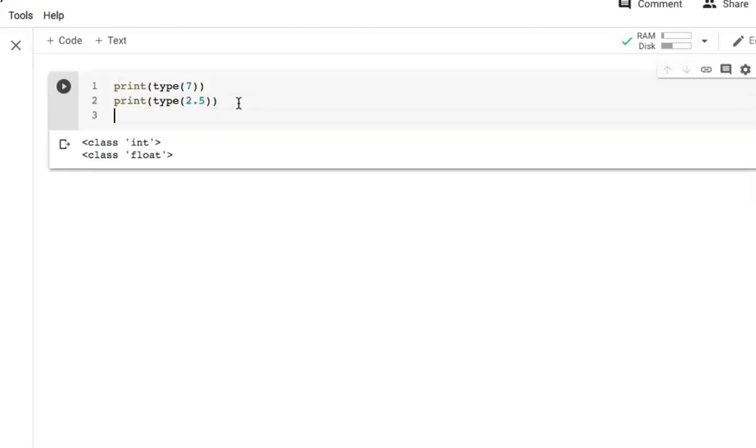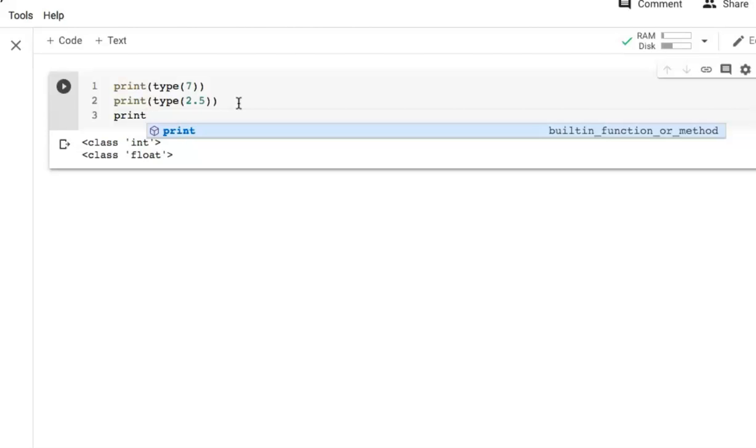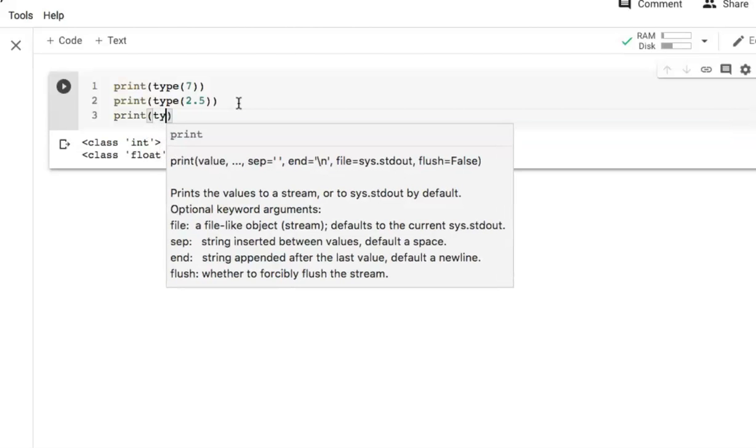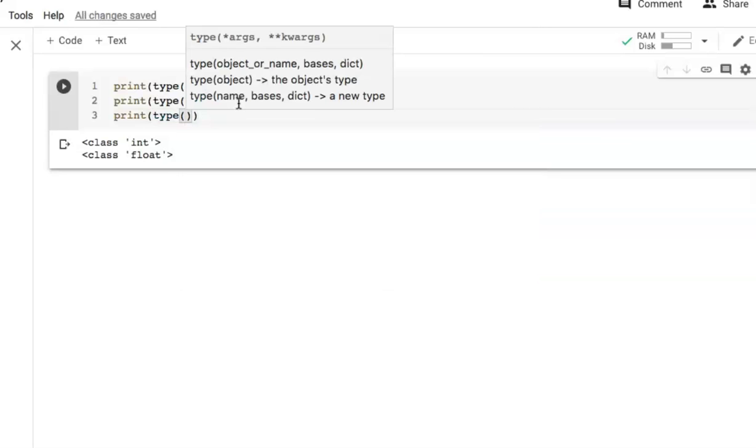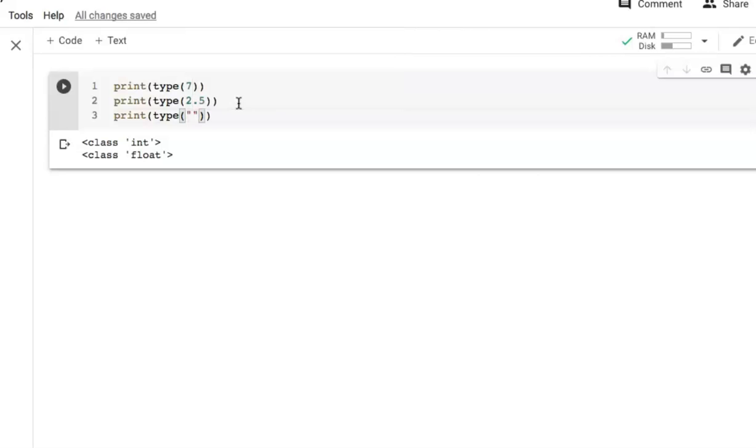Now let's try for some sequence of characters. So write print, inside parenthesis type, and again inside the parenthesis write that sequence of characters inside double quote. You can write it inside single quote also.